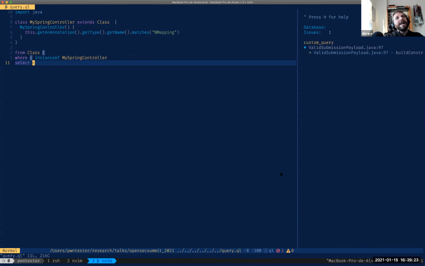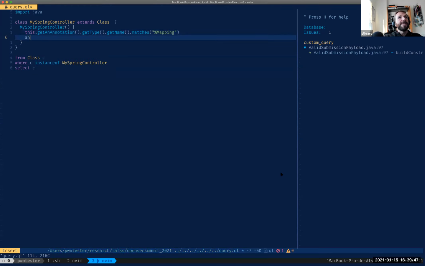So as you can see, even if you are not familiar with the language, you get an idea that it's kind of easy to write queries, in the sense that you need to be familiar with the syntax, for example, but once you know the basics, you can get a lot of help from auto-completion, right? So for example,